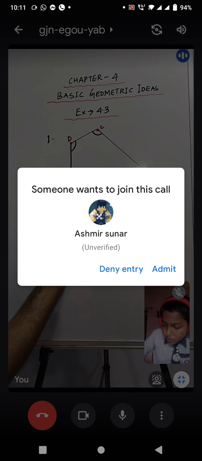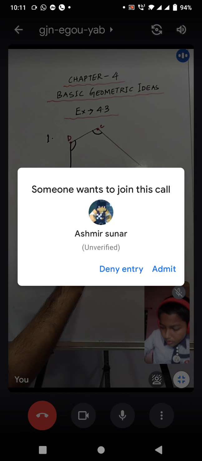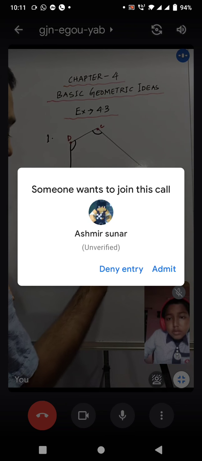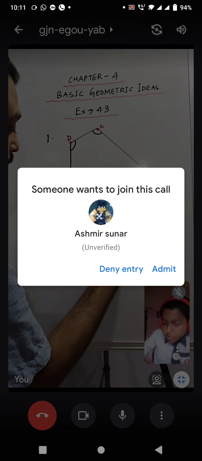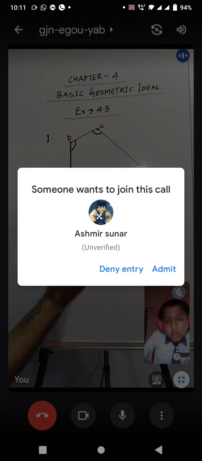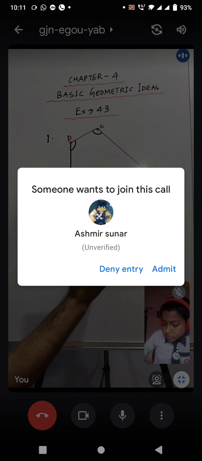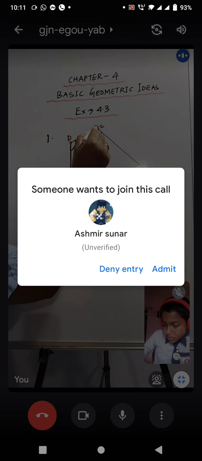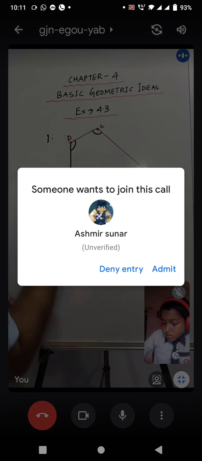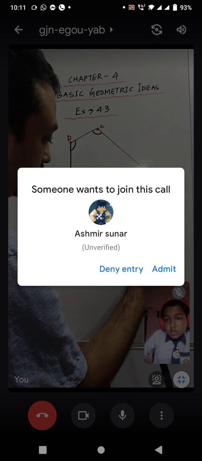Now how to write angle C? Simply you can write angle C, or you can write angle BCD, or angle DCB. See, in both cases C is in the middle. Now the last angle is D. You can simply write angle D, or you can write CDA, or if you're starting from here, then ADC.